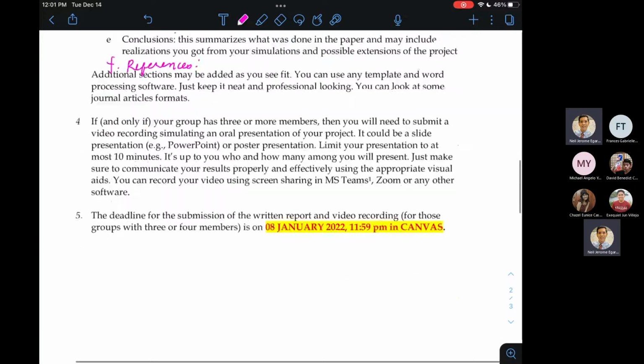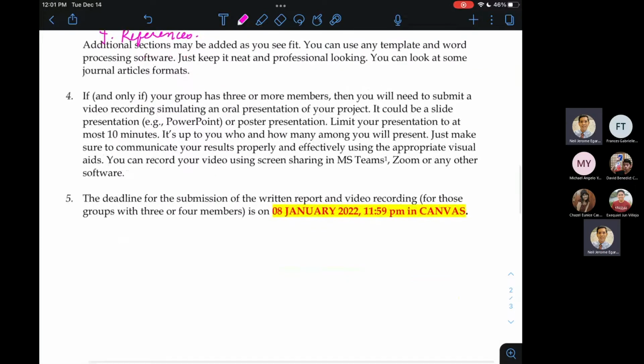And then kapag kayong group nyo ay may 3 or 4 na members, may additional kayong requirement na kailangang isubmit. Kailangan nyo ng isang video recording simulating an oral presentation of your project. Kasi unfair nga naman dun sa isa or dalawa lang kayo sa group tapos pare-parehas lang isa-submit. So to compensate for that, yung mga groups na 3 or 4 yung miyembro, kailangan nyo magpasa ng isang oral presentation. Now, it should be a video recording para hindi na tayo mahirapang